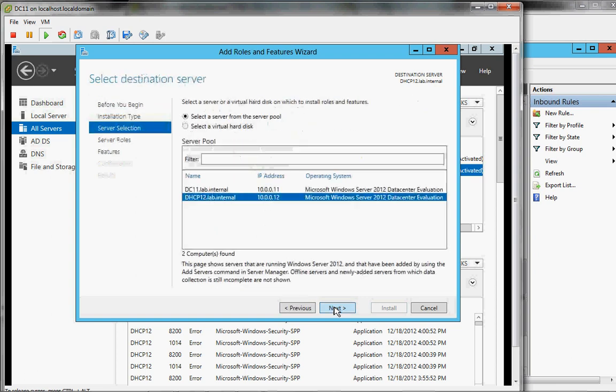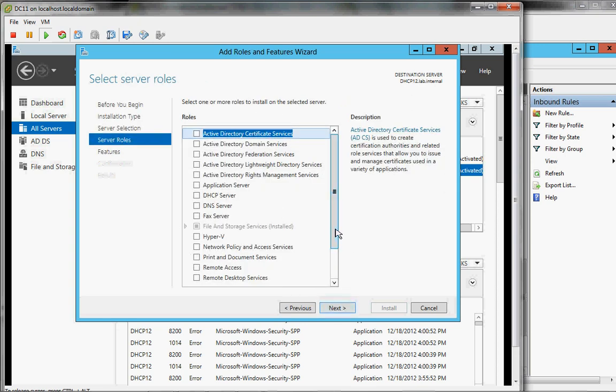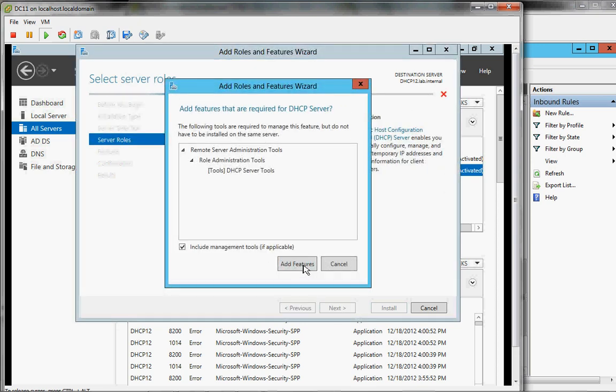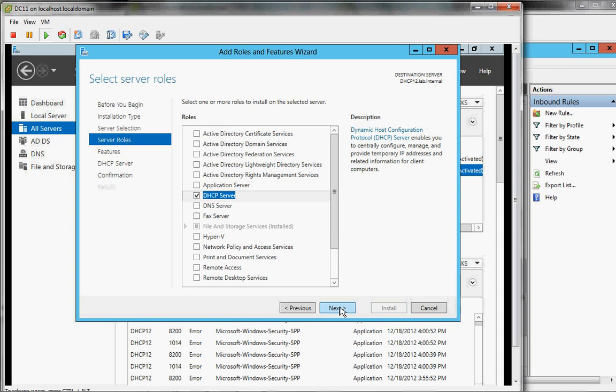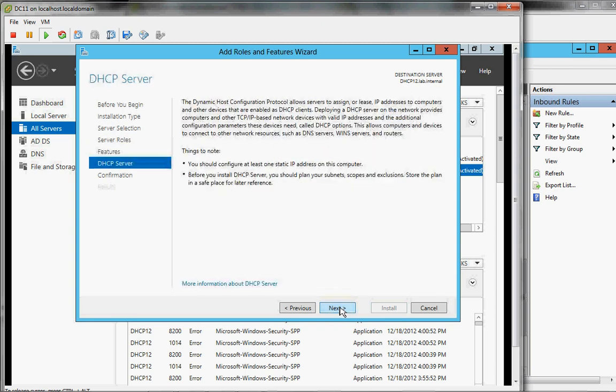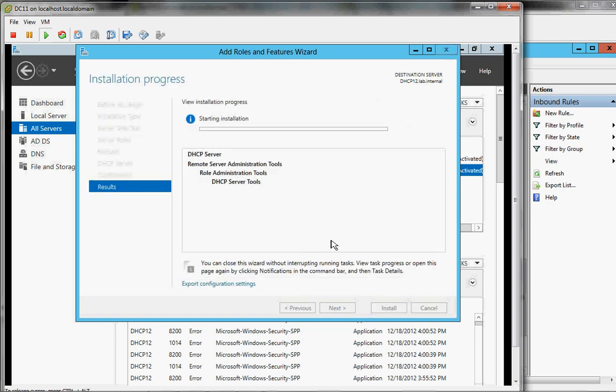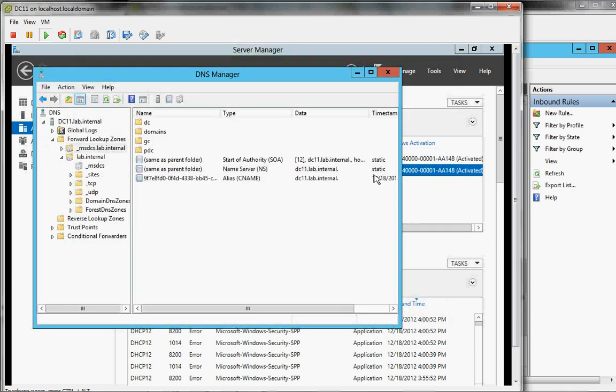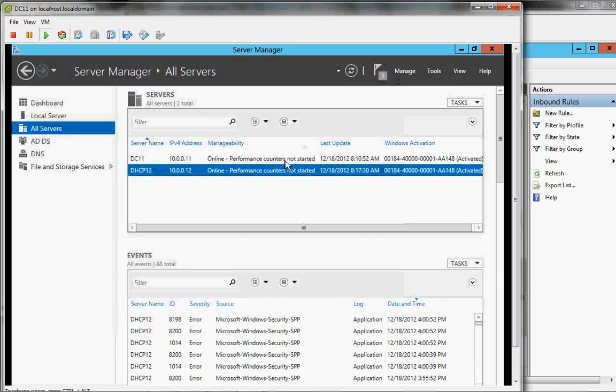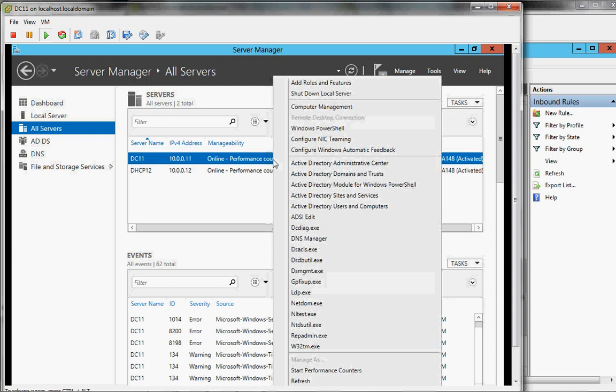You can close this wizard without interrupting running tasks, which is really good because I want to install a feature on this domain controller, DC11, not a role. Really, you shouldn't be doing anything from the server. If you can run the remote server administration tools remotely from your workstation,